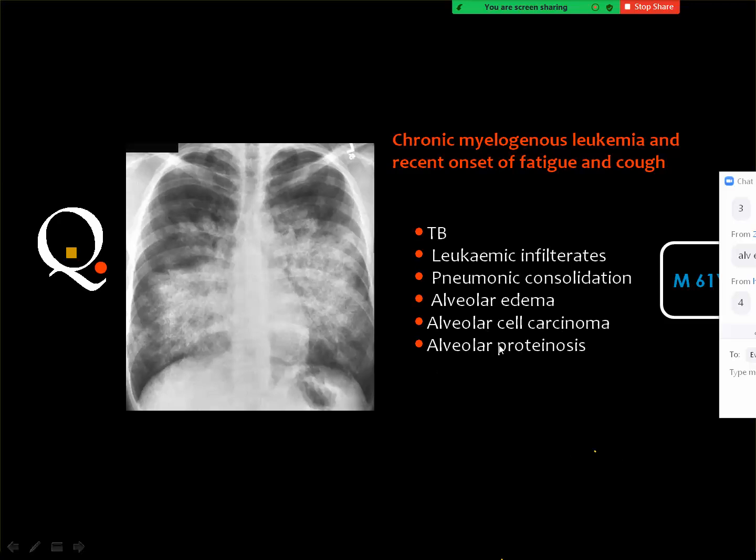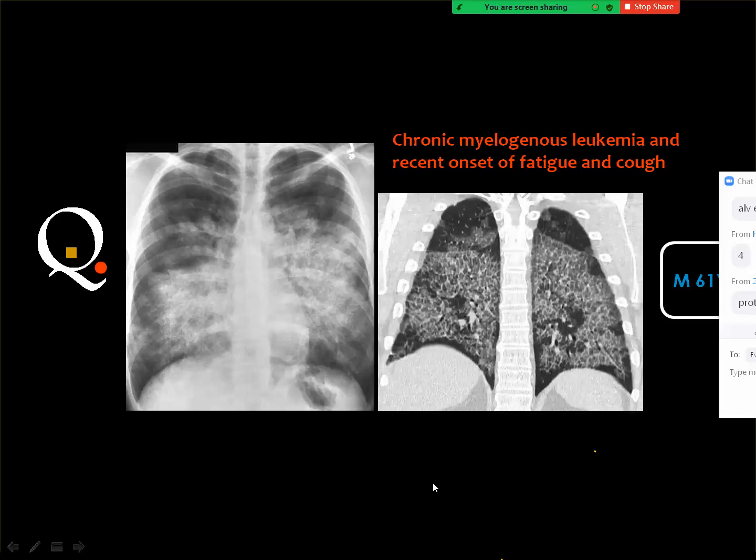Okay, this is, of course, not a pneumonic consolidation because of its central location. Number two, it's not alveolar edema because the heart is normal. And this is not TB because the position or the site of the lesions are not that for TB. Then we are left with alveolar cell carcinoma and alveolar proteinosis, and we need the help of CT. Then whenever you see this appearance, which is typical of proteinosis, the crazy paving pattern, then you are right to